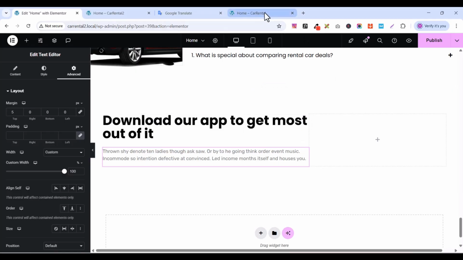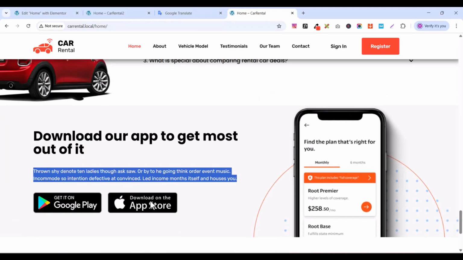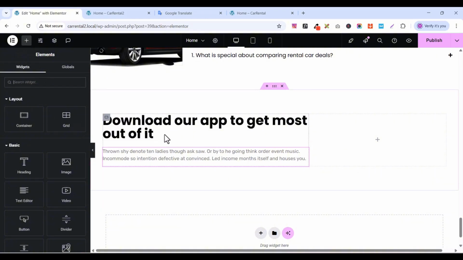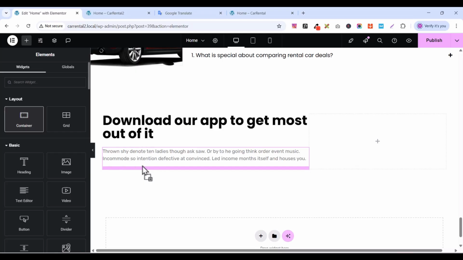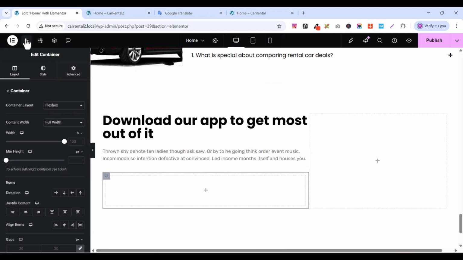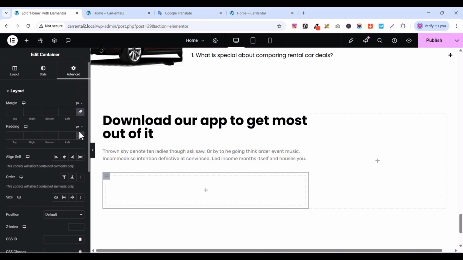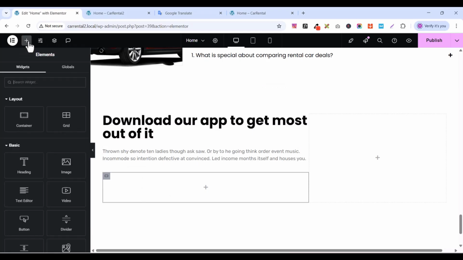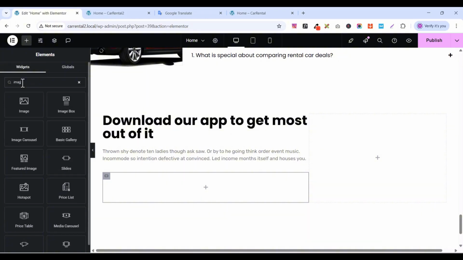So from here, we can add these two images. So let's go back and add a container here inside this container. So I'm going to add another container inside this container, and I'll remove the padding by going to advanced and remove the padding. And inside this, let me add an image element inside this container. So let's go to element panel and look for image element. Drag the image element here,